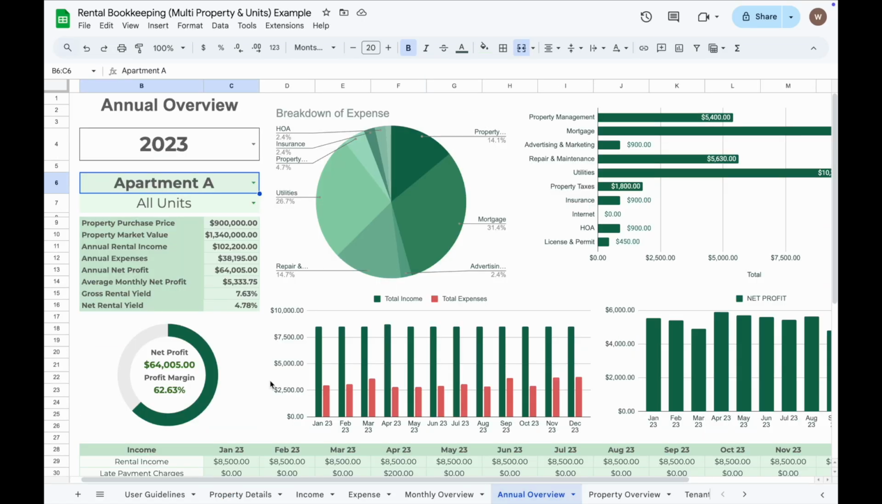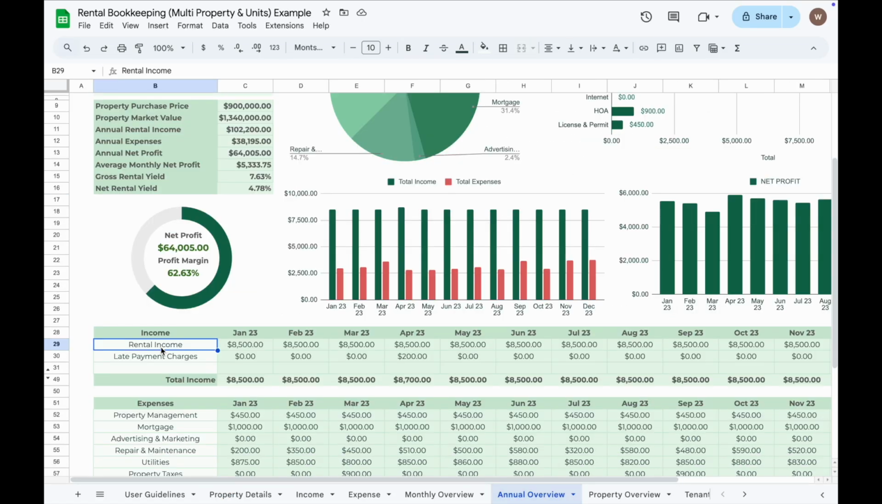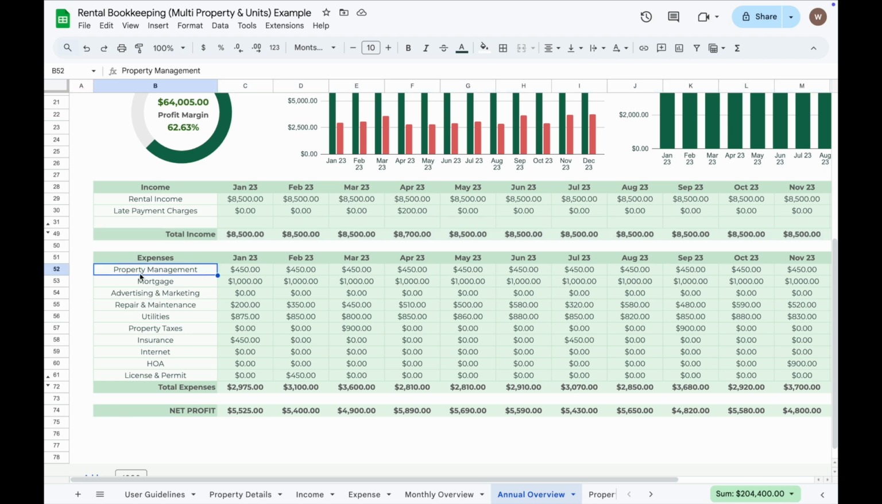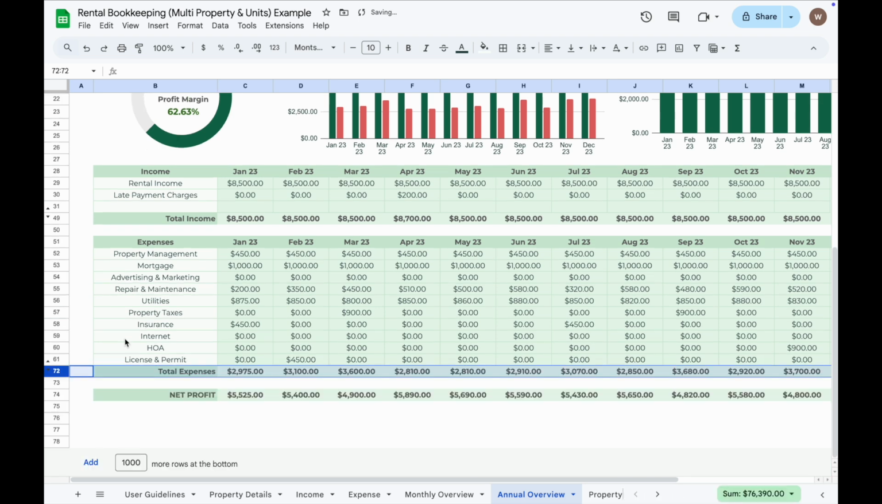Under the Income section, input the name of all your income sources in column B. If you need more rows, you can unhide the rows below. Similarly, under the Expense section, input the name of your expense category in column B and unhide additional rows if necessary. After setting out the property details, income sources, and expense categories, you are ready to start entering income